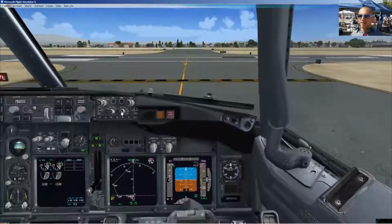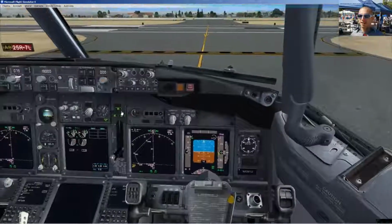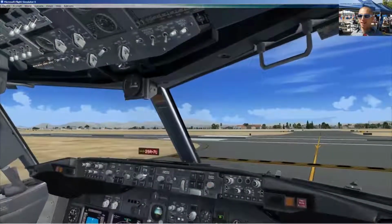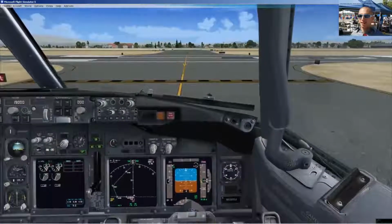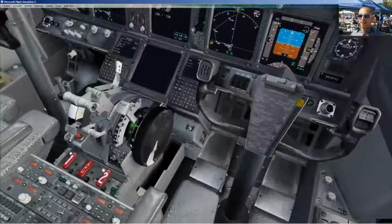Alright, before takeoff, flaps set, trim is set, and we'll get the landing lights once we're out of the runway. Engine start switches are continuous, and the strobe light will come on. We'll start the clock. So let's go ahead and